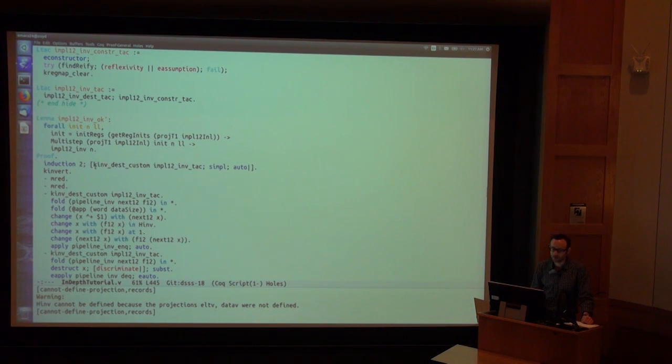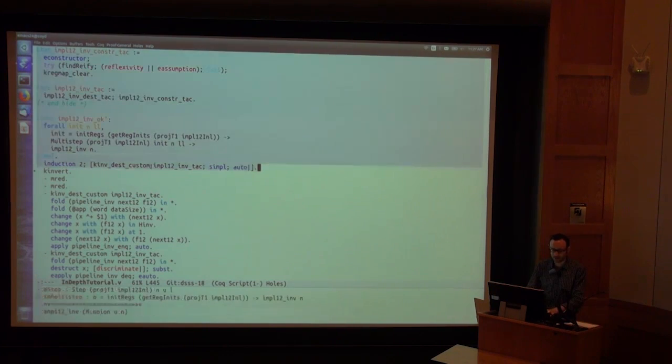And I have a tactic here, which is doing some forward reasoning for me, taking apart facts about steps in the Kami language, so we don't have to worry about all the inversion. It just happens for us automatically, and a bunch of other tactics here that I won't dwell on, but this could be fun to poke around after the lecture. Another call to the same tactic here, and then a bunch